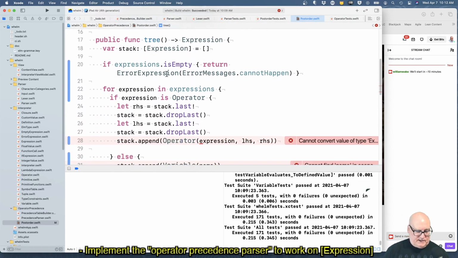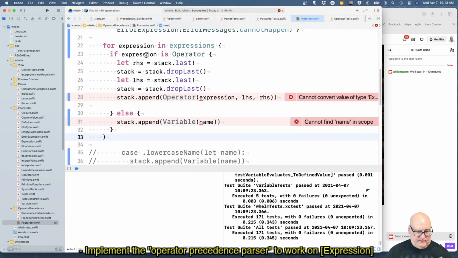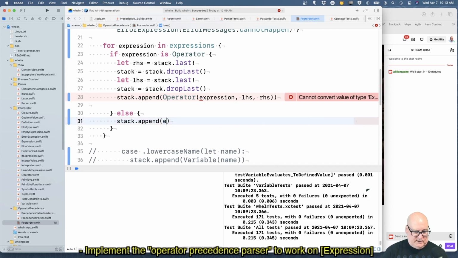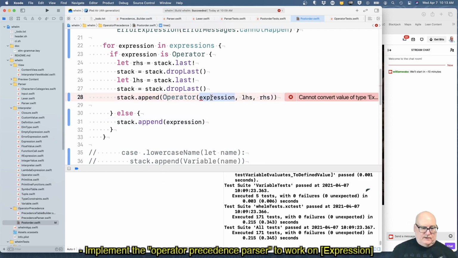Okay, if the expression list is empty, we have an error message. Okay, if the expression is an operator, well, let's handle this case. If the expression is not an operator, we're just gonna push it on the stack. If it is an operator, we're gonna get the right-hand side. We're gonna drop it left hand, and now we're gonna make an operator of expression.op left and right.